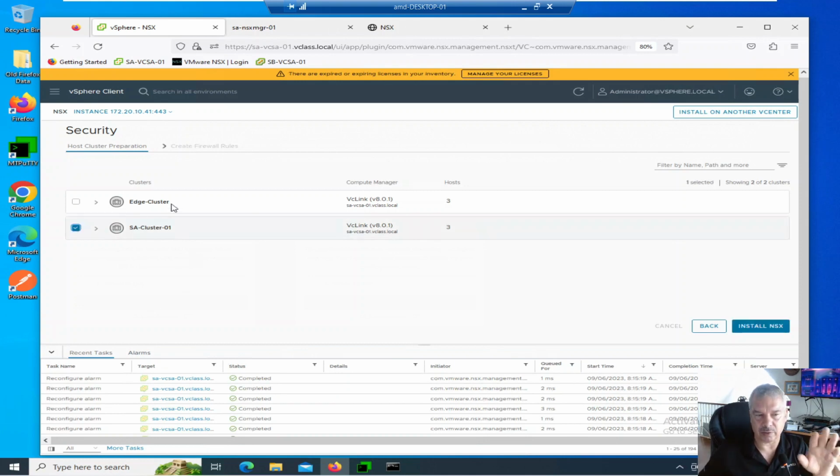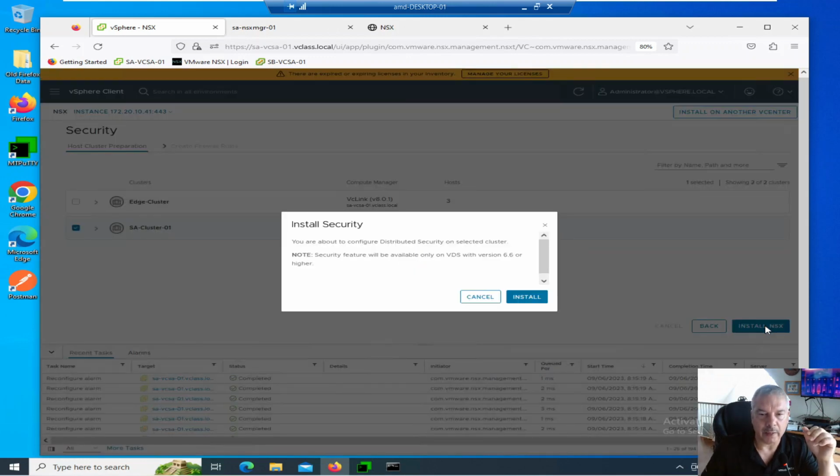Let's ignore my edge cluster again. Let's just pretend it doesn't exist. It's from a previous lab. So I'm just going to pick my Site A cluster. It's going to say install NSX. And now at this point, it says you're about to configure distributed security on a selected cluster. Security features will be available only on the vSphere distributed switch with version 6.6 or higher. So first of all, that cluster has to have a vSphere distributed switch, and it's got to be 6.6 or higher. And then when you click on install,